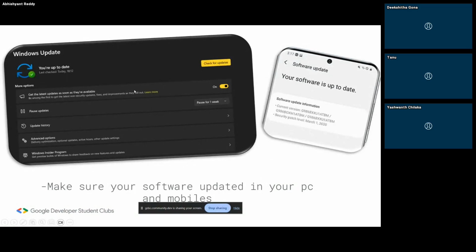Just go, guys, check your Windows update. When did you last update it? If it is not up to date, do update it. If there is an option of auto update, turn it on. And also at the same time, go check your mobile phones or any devices you use. It is very important because if it's outdated, there might be some patches or something which might act as loopholes for people who are trying to breach your data. So it's a very simple step, yet a very vital step to be taken. So yeah, go update your system, guys.